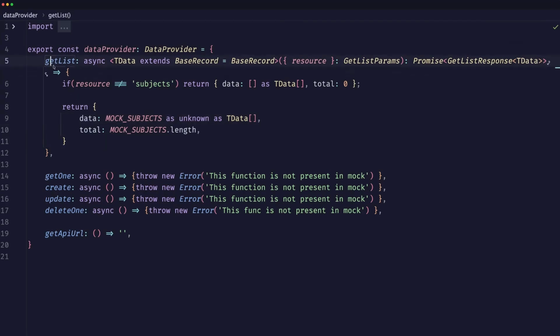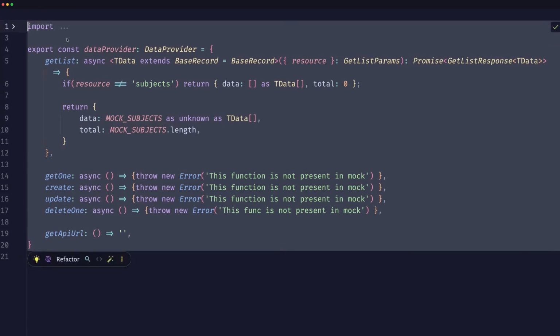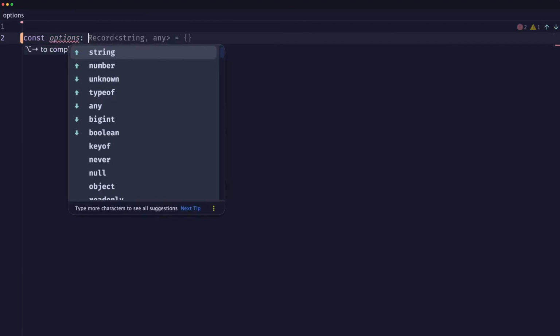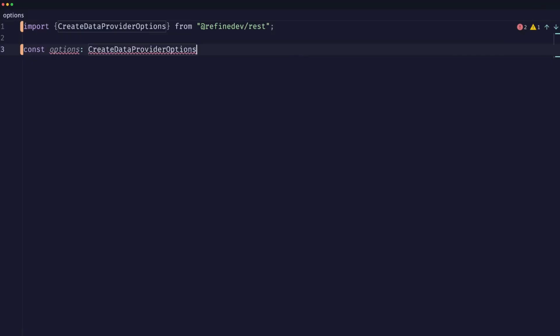The idea is the same with the getList and getOne endpoints, but the syntax will change a bit. So let's start implementing it from scratch one more time. I'll first define the options that we need for our data provider, of a type CreateDataProviderOptions coming from @refinedev/rest, and that's going to be equal to an object where we can define the options